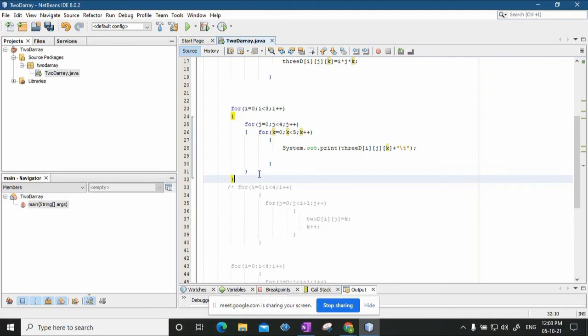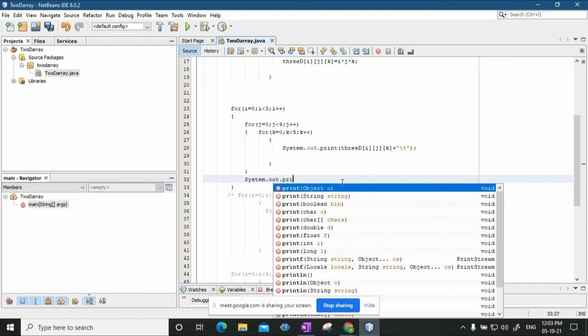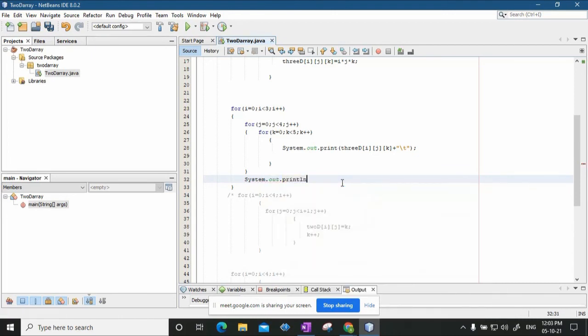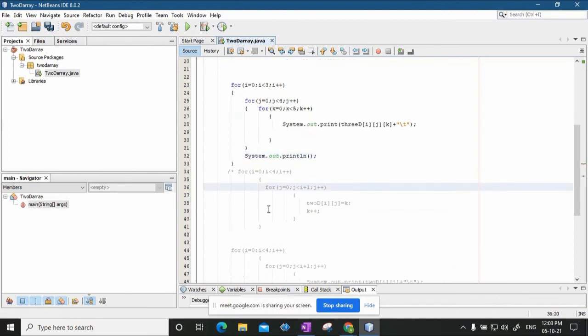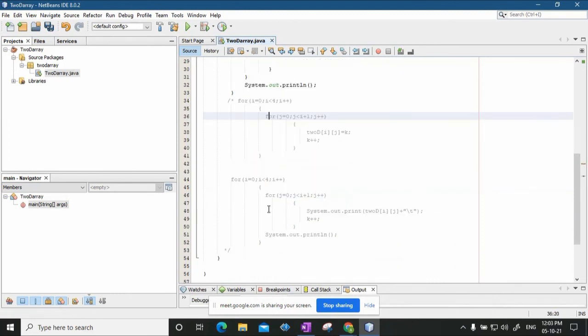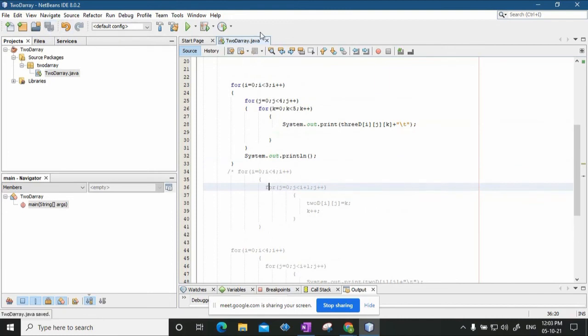Just before going to the outermost for loop, I'll say System.out.println so that it prints a new line. Let's check what output we get.